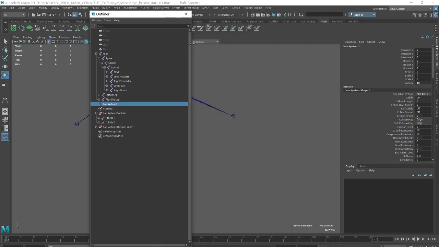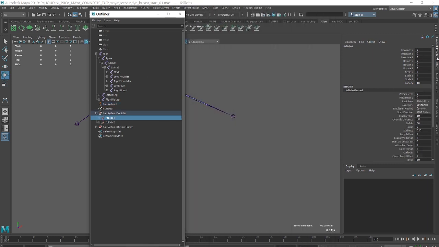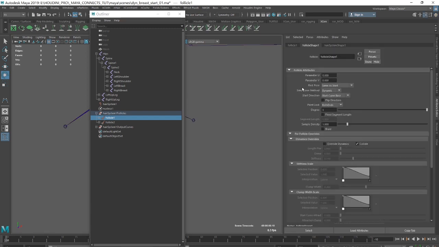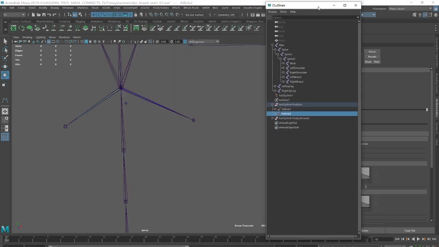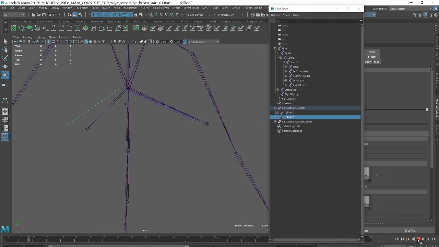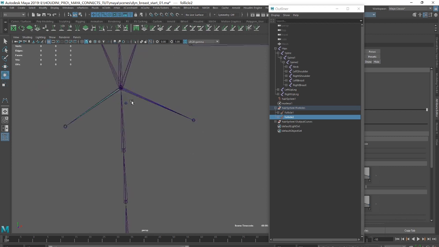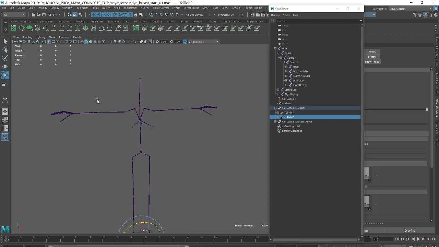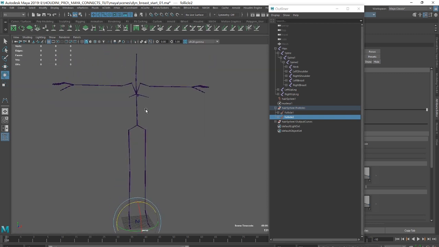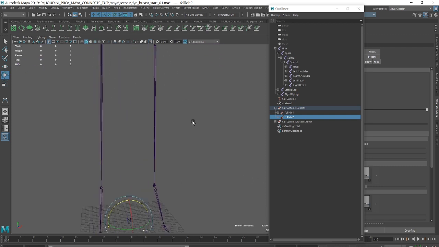First thing to do, select first follicle, go to the attribute editor, and you see here point lock both ends, we just do base, the second also base, and now if you play animation, you see our dynamics are working here,